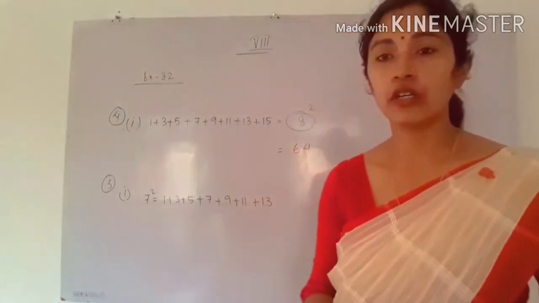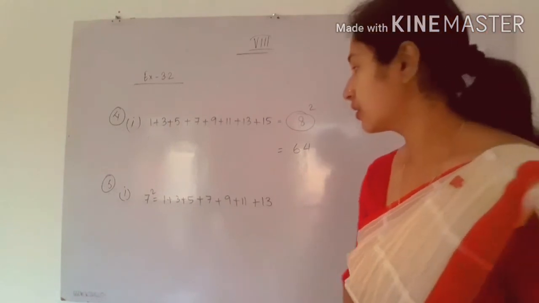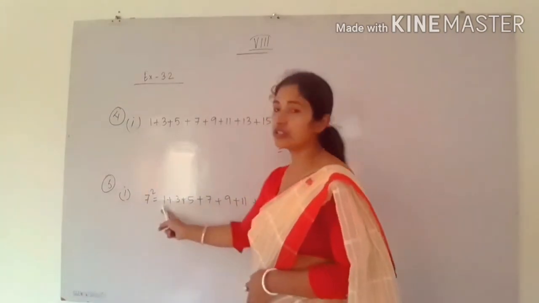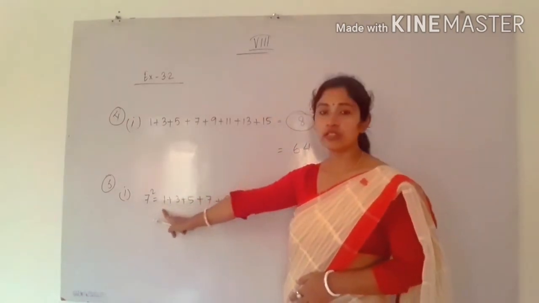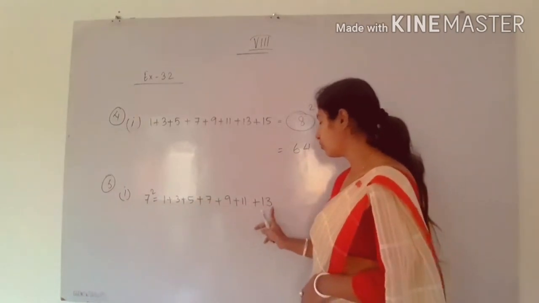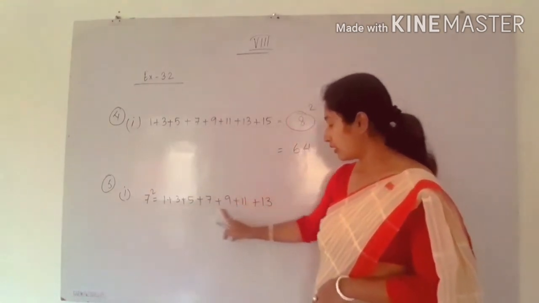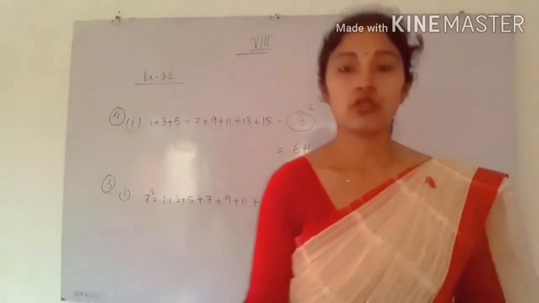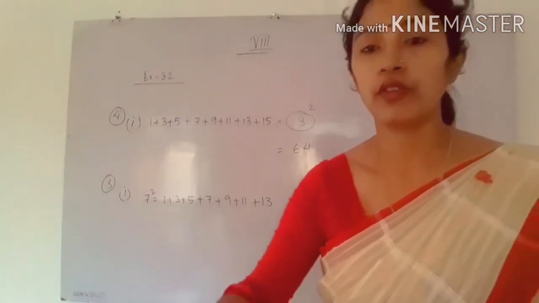The next question is the reverse of question number 4. You have to express these square numbers as the expansion of addition of consecutive odd numbers. So I have written, starting from 1, because it is written here, you have to start from 1 and go up to 13. Why am I going up to 13? Because I have to go up to 7 terms, since here it is written 7 square. Okay. So 1 plus 3 plus 5 plus 7 plus 9 plus 11 plus 13. Total number of terms is equal to 7.